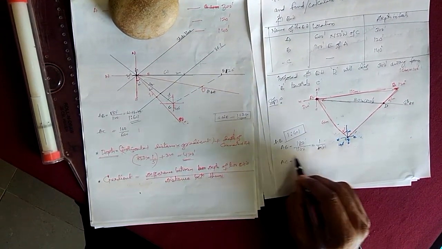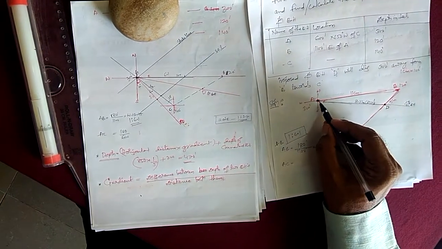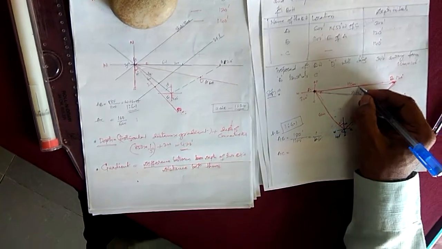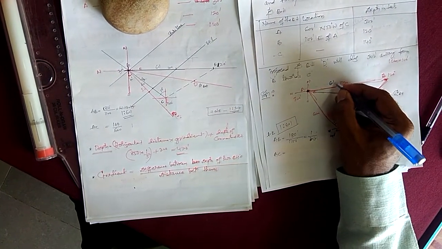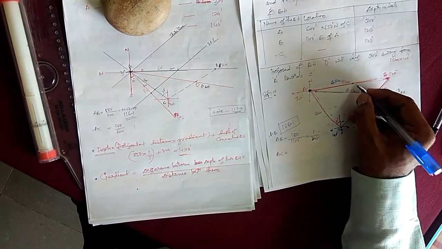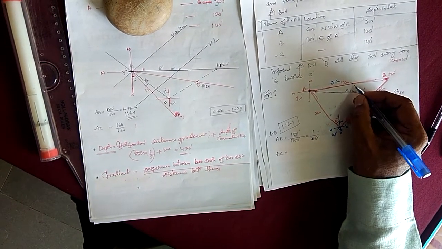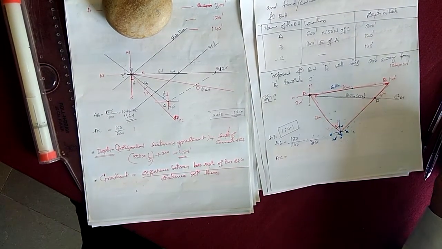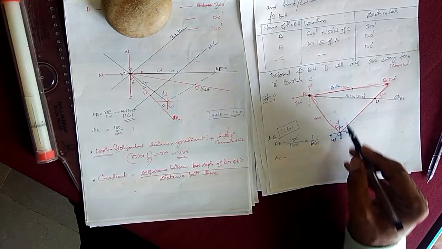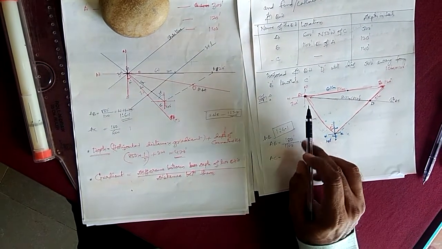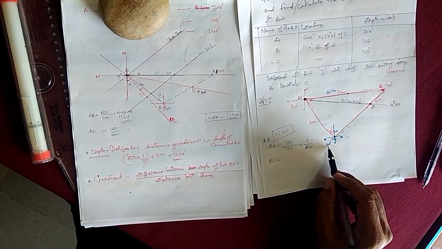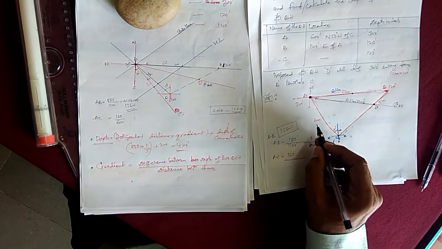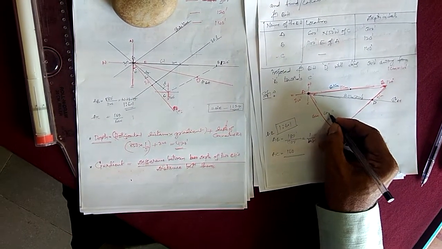Once you calculate the gradient of AB, you have to start from this point and mark a point somewhere here. It is 6.1 centimeters from A towards B. Here you get one point. Similarly, you calculate the gradient of AC. Again the formula is the difference between the depths of two boreholes. This is 300 and this is 140, the difference you get is 160, divided by the distance, 6 centimeters or 600 feet.